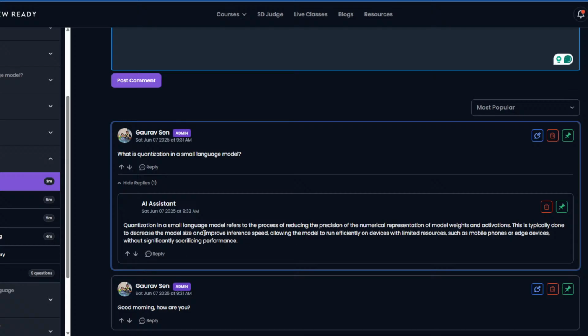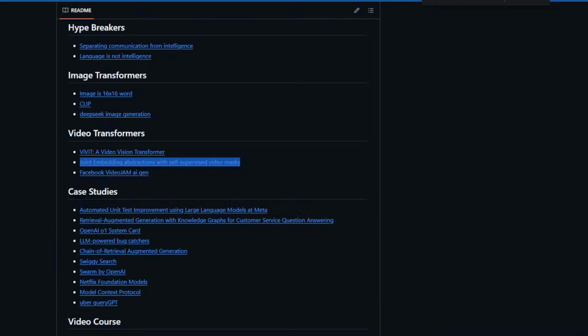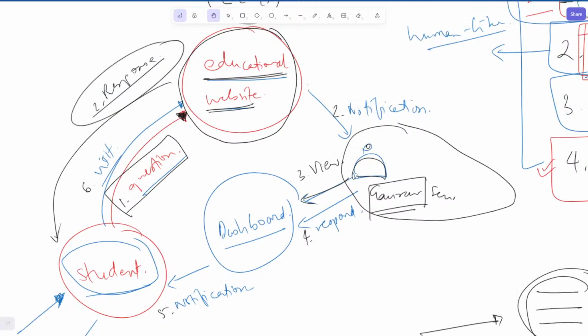I think I can improve on this. The format of the responses that we have given right now is basically previous admin comments. There have been quite a few doubts asked at Interview Ready, and we have converted the previous admin comments into, I'm sorry, we have not converted them into vectors. We have actually used that as a one shot or three shot example. So we take those examples and we feed that to the model. The model comes up with a better response then. This is happening all during inference time.